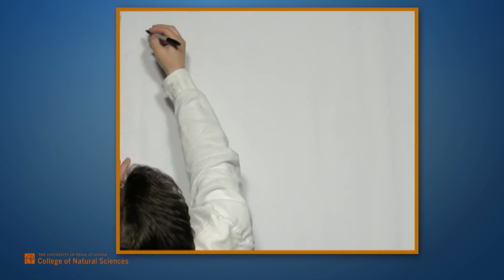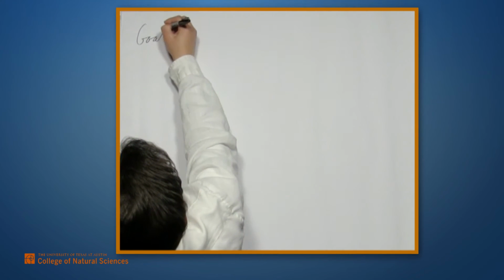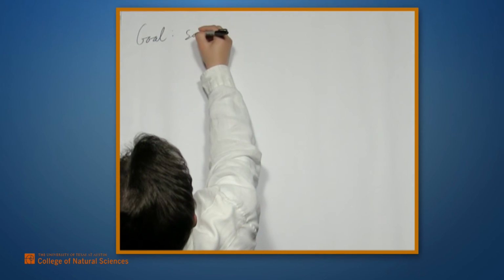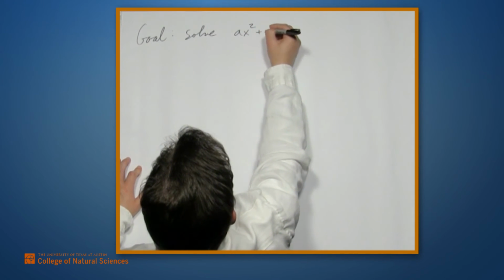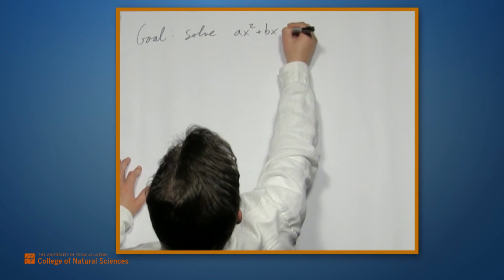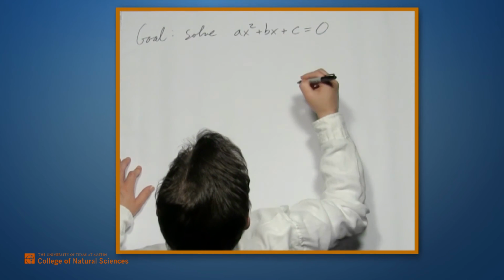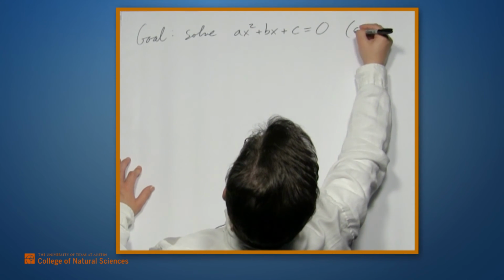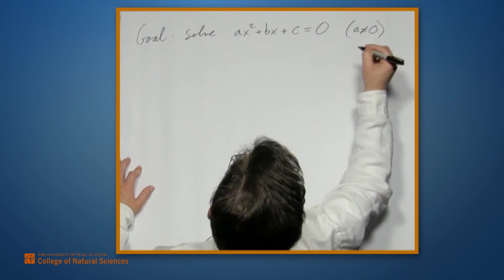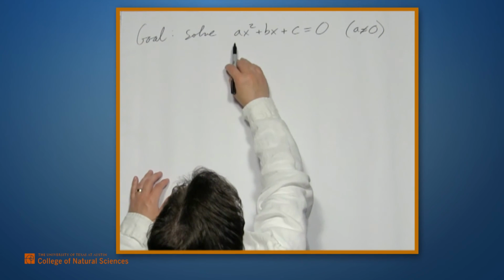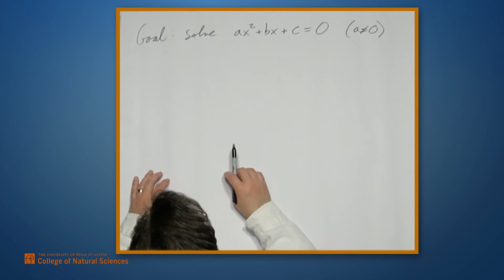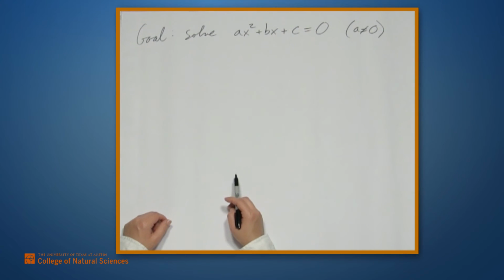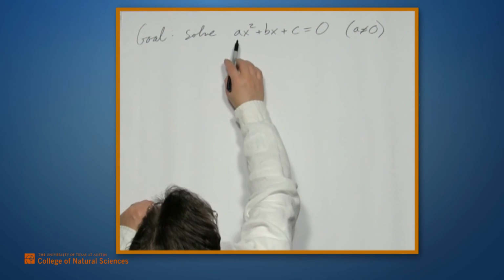So our goal is to solve ax squared plus bx plus c equals 0, and we are assuming that a is not equal to 0. In other words, this is a true quadratic equation. If a were 0, this x squared term wouldn't even be there. Well, let's go through the process that we just went through in general, right, for a general a, b, and